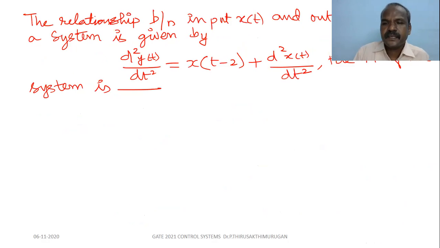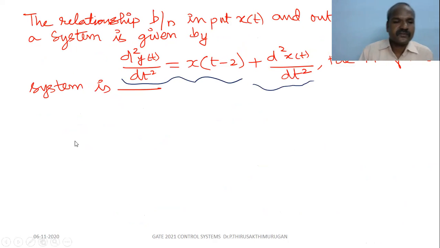Next, the input-output relationship of the system is given by d square y of t by dt square equal to x of t minus 2 d square x of t by dt square. We have to find the transfer function of the system. So we have the dynamic relation here. What we have to do is just apply the Laplace transform. The solution is